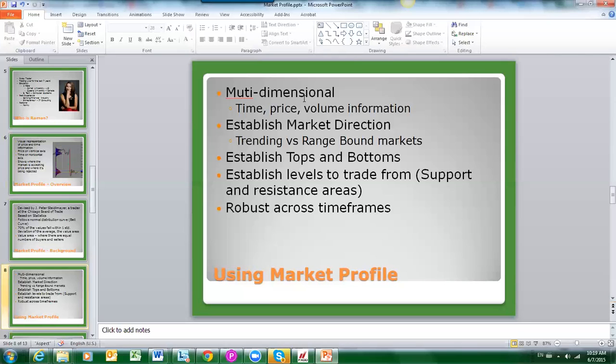Bigger financial institutions have some control over the price, because they can push the market around depending on how many orders they have, for example, depending on the order flow. So depending on how much business they have to conduct, they can move price based on that. Market profile is one of the few indicators that actually tells us what the price is doing and how the price is reacting